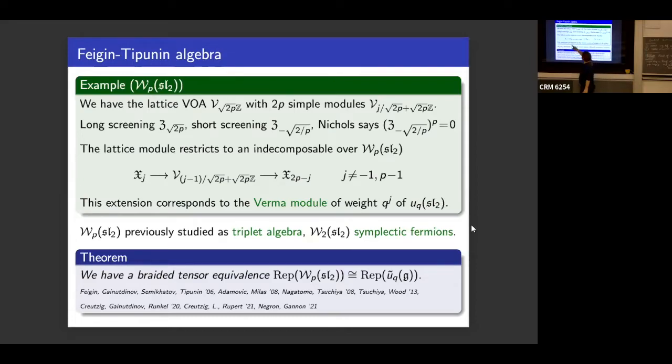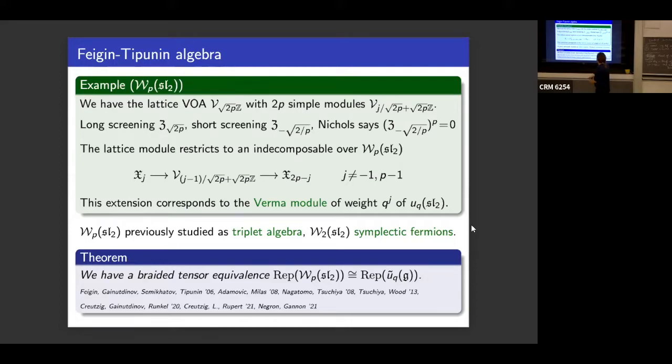You have the long screenings, those are √2p. You have the short screenings, −√(2/p). And what the Nichols algebra in this case says is simply that the p-th power of the screening is 0. So that's the relation we had already in the first slide and the second lecture also. And so this is sort of the trivial case of a Nichols algebra. It doesn't really tell you much. I mean, for a higher rank, it's a lot, right? It tells you the Borel part, which is basically the whole quantum group. But here, this is really a rather trivial statement. Like, think p equals 2, it just tells you the fermion squares to 0.